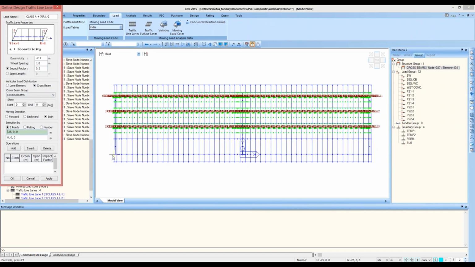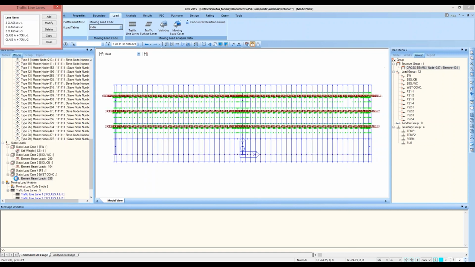I'll select this point and this point, and okay. So now all the lanes have been added.